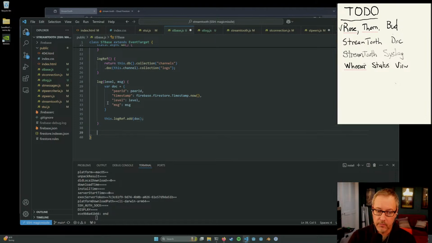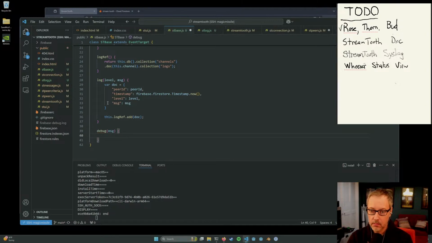Yeah, and I think it could just be fire and forget, right? I don't need to await or... Alright, so then we can go like this. Debug message. This log. Debug message.